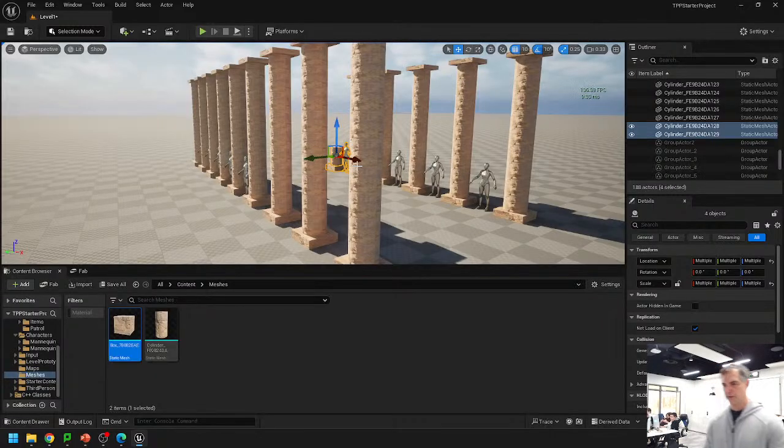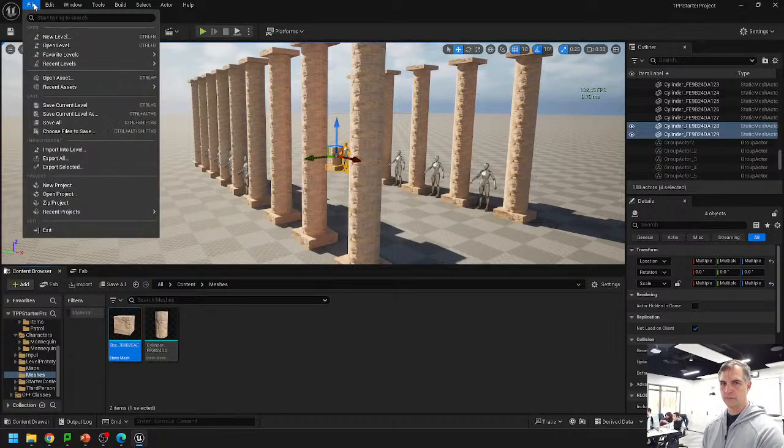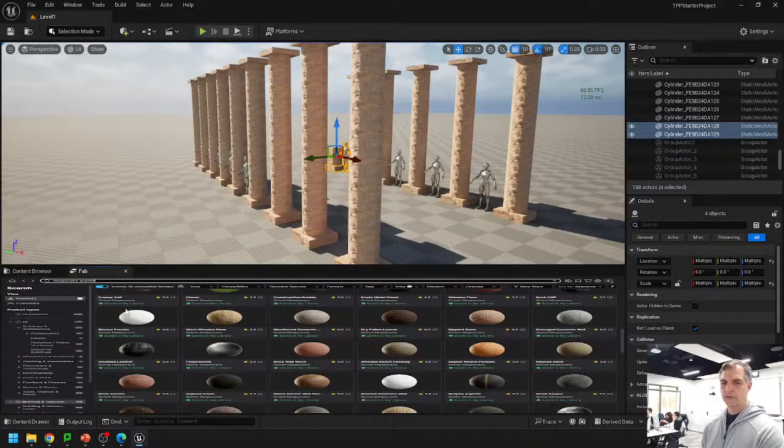What you could do now, if you're happy with something like this, let's say this is the beginning and I want to add more things, I can export this into Blender. So that's the next step, exporting it back into Blender and bringing it out. Or if you find a column,